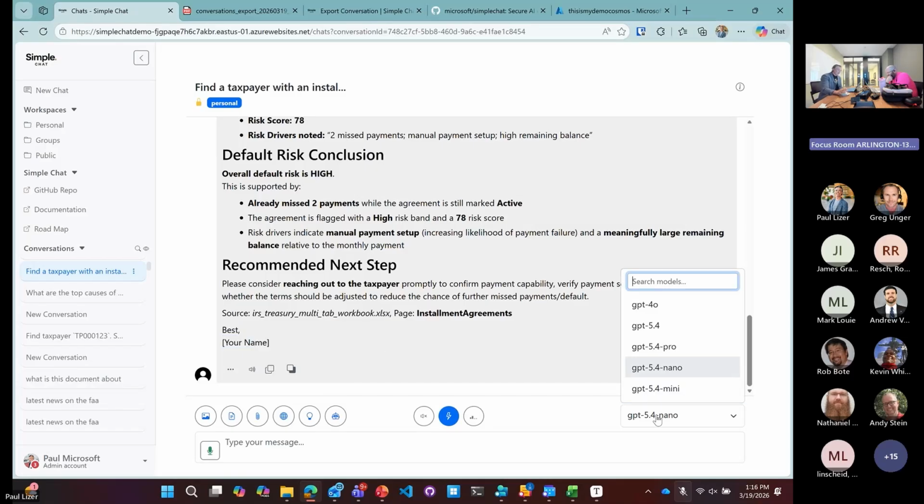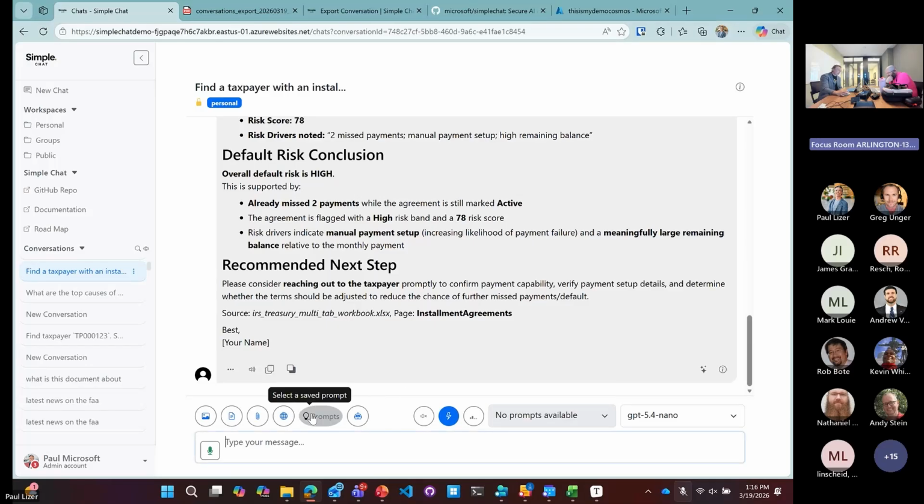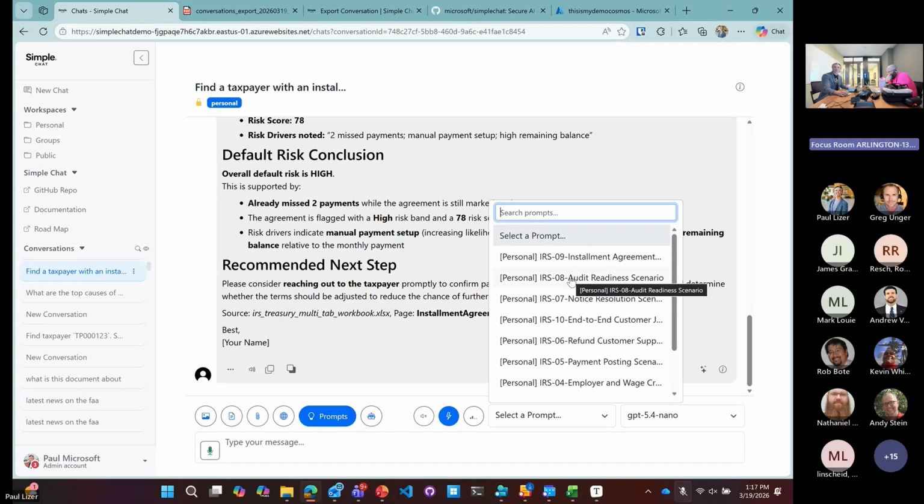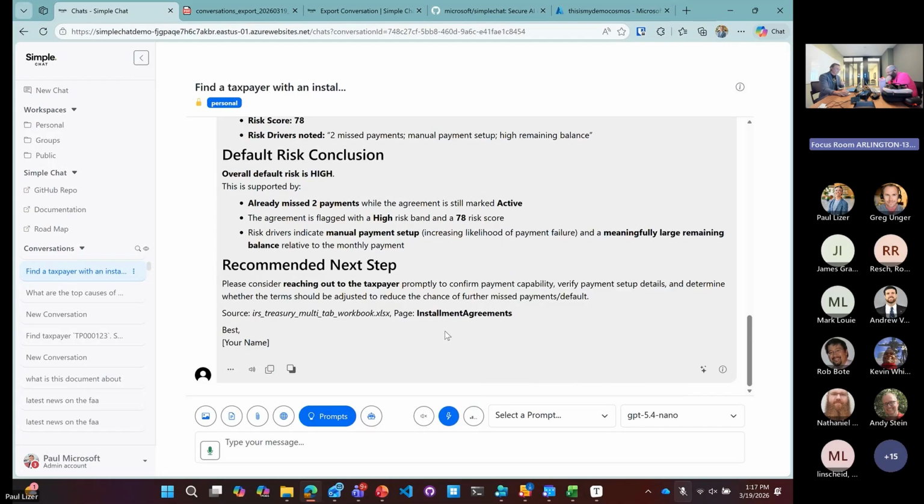Some of the other improvements here, on models, the ability to just, if you have a lot of them, to be able to search. Prompts is also, this was limiting some, having a 10 limit per personal group and stuff like that. Now you can search, and that limit has been removed. So it's paginated as you scroll, or you can search through them.